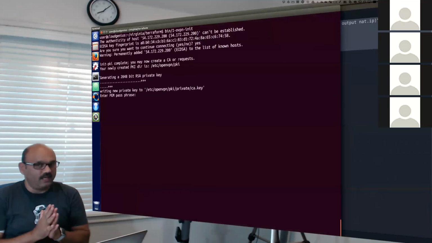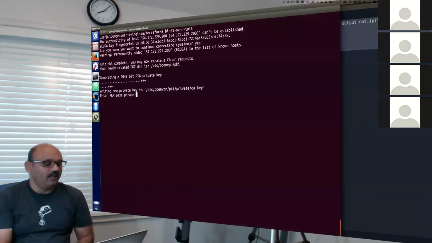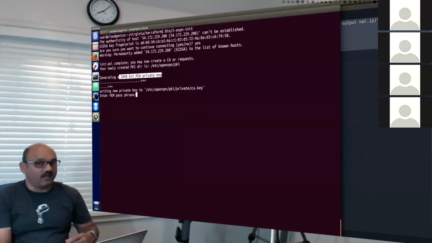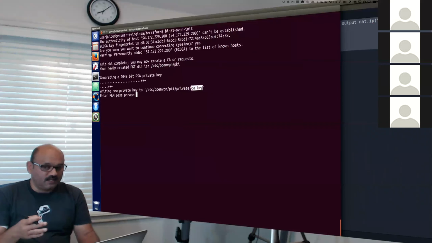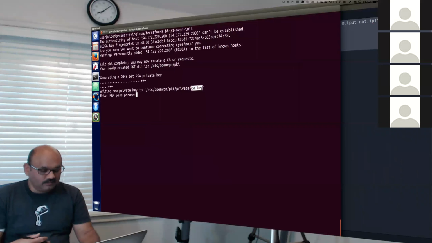What we are really doing is establishing a certificate authority. And that certificate authority is what we need to create. You may now create a new certificate authority, and we are generating a 2048-bit RSA private key that is required to create this certificate authority, and we become our own authority so we can give certificates for VPN access to other people in the company, for which we require to provide a passphrase.